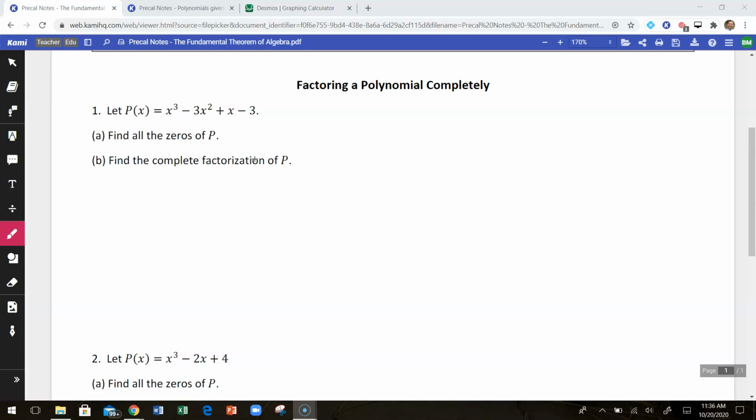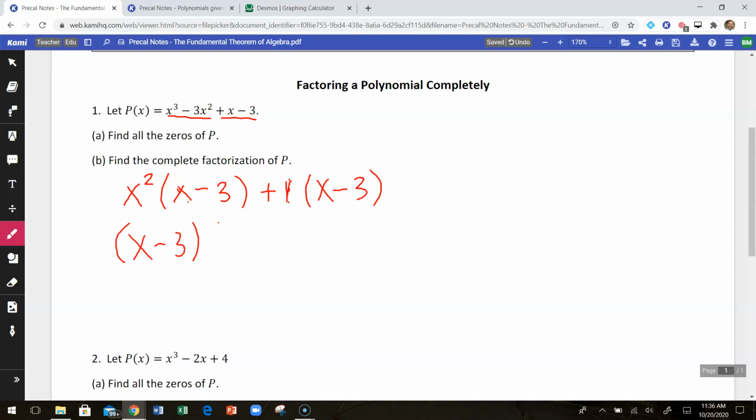So I'm going to do this first by factoring, and that is I'm going to factor this by grouping. Okay, so in my first group I'm going to take out an x squared and I would be left with x minus 3. In my second group I'm going to take out a positive 1, and again I would be left with x minus 3. Because I have the same thing left behind in each group, that's going to give me one of my factors, x minus 3, and the other factor would be my two GCFs, x squared plus 1. So if I was trying to find all zeros, I would set this equal to 0,